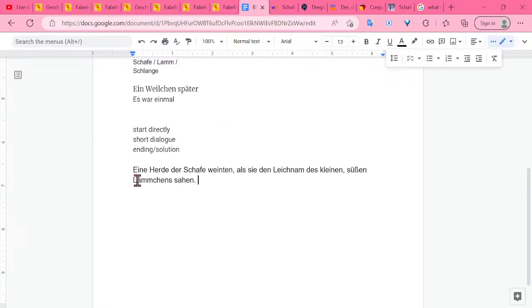So I'm not sure if I should change this to rabbits, because obviously a lamb is really dumb, and they're very naive. That's the whole point of the story. Now a rabbit would naturally not, I mean, yeah, rabbits are kind of similar in terms of character. I'm not sure about this. Of course, I can just change the story later on. I don't have to make that decision right now. First, I want to really flesh out my story. So they were crying, looking at the body.